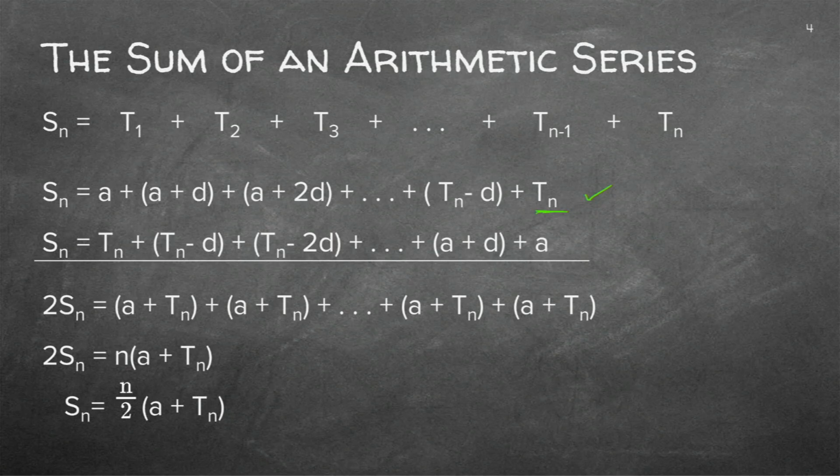Good. Now this is the thing you need to remember. What do I need to remember in order to deduct this formula? You need to write down the Sn again here, but now you just swap it all around. It's exactly the same sequence, but instead of saying A plus D, A plus 2D, I just flip it all around. So you'll see I start with the last term and then Tn minus D. You don't even have to have the next one. You can just have these two terms and those two terms. And at the end, I then land up with only the A.